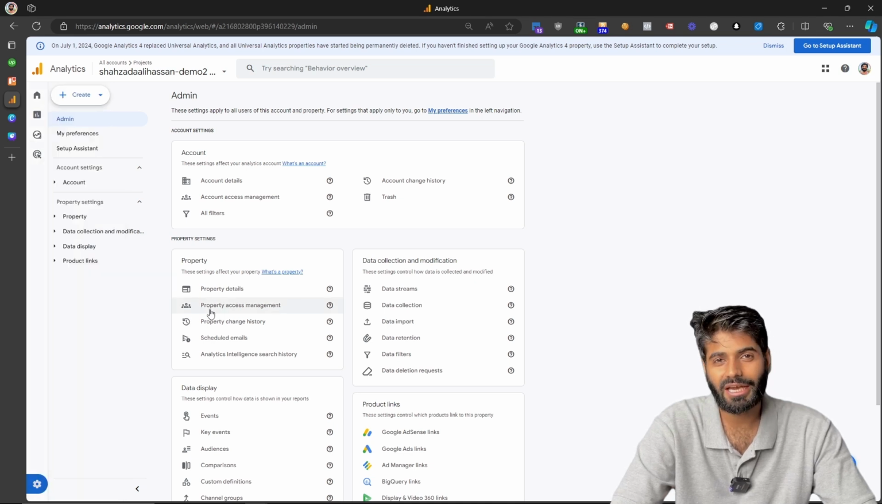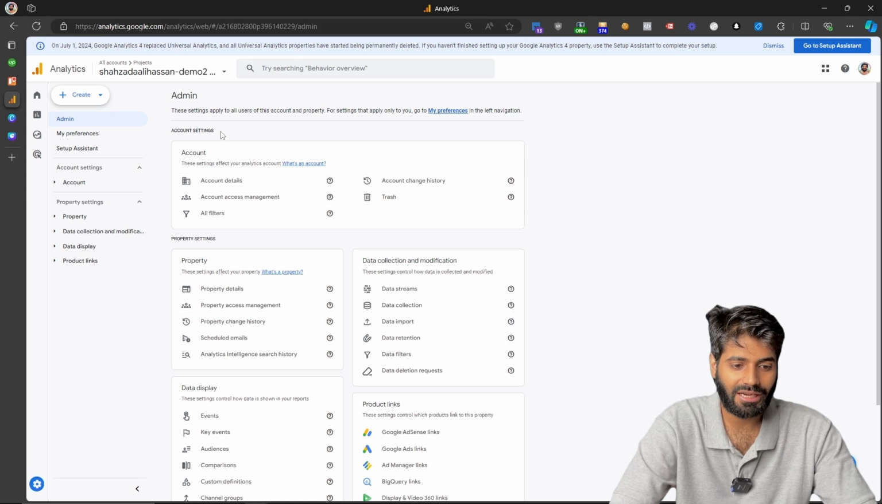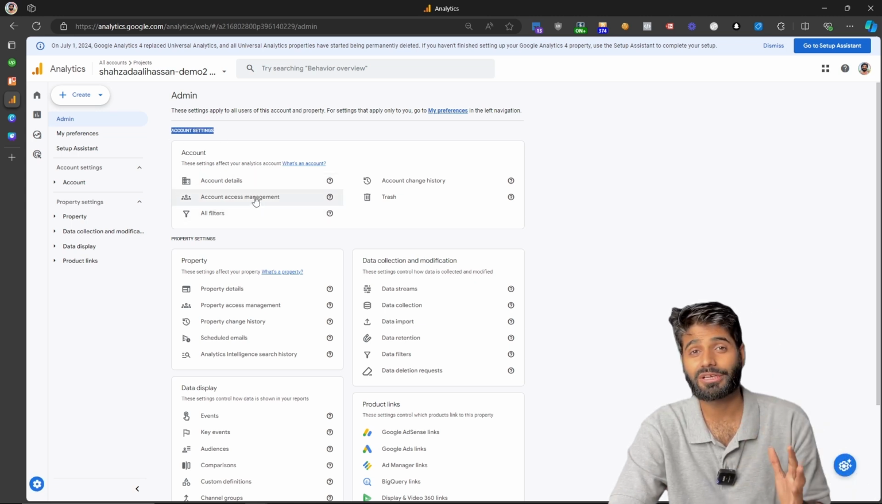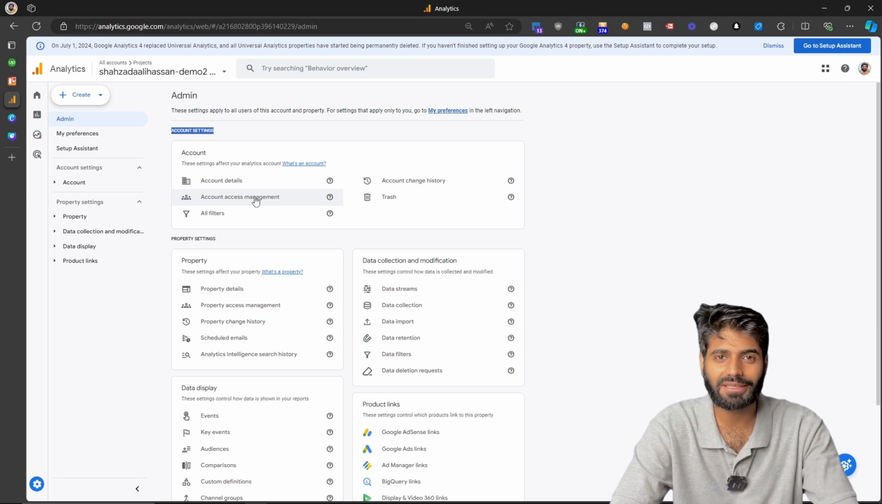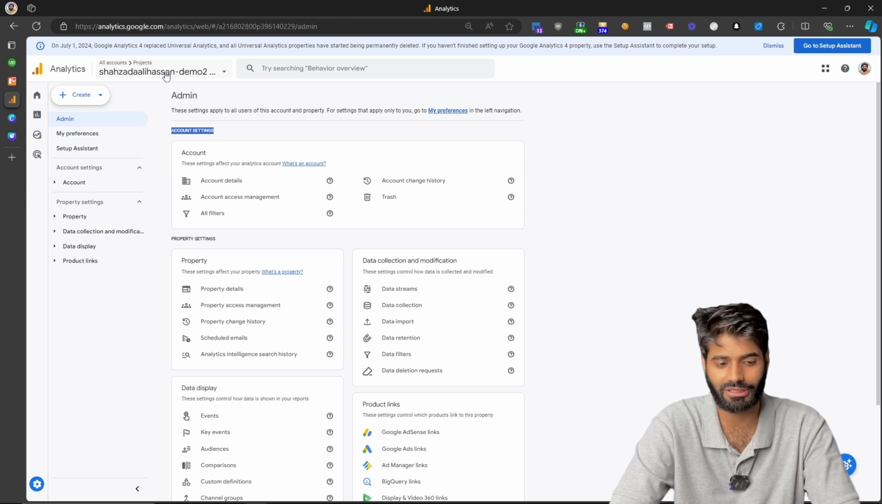This page can have multiple settings related to your Google Analytics account and property. Under the account settings, you will see an option for account access management. If you want a user to have access to your whole Google Analytics account, you're going to add them here. However, if you only want them to have access to one particular property, which is this one right now, you